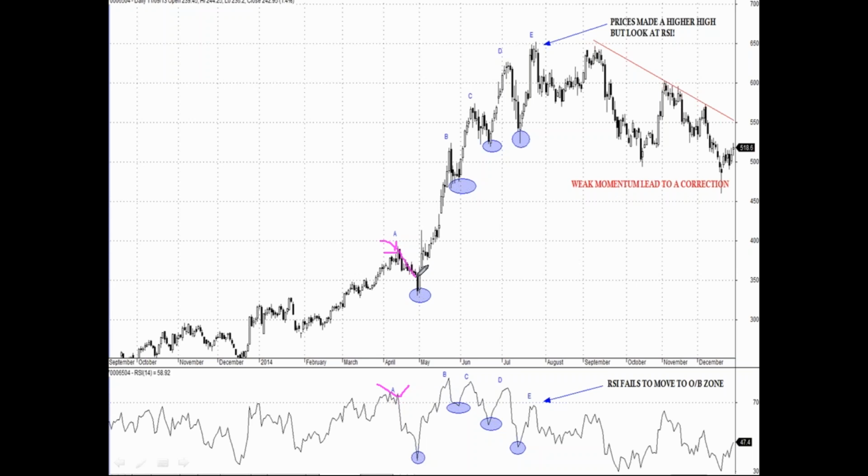Then the prices correct. The RSI also corrects. And we'll look at some candle patterns or maybe the Fibonacci retracement here. We'll look for the support and we'll buy as the price turns. We'll buy here, and once we buy, the low of this will be the stop loss,